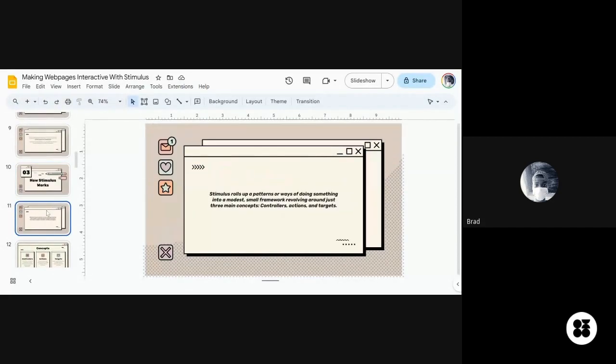So let's see. Stimulus rolls up a pattern or ways of doing something in a modest way. When I was saying something about Stimulus, I said it does not constrain you to certain patterns or ways. I will explain, so that you guys don't think this statement is contradictory to what I've been saying. Stimulus rolls up a pattern or way of doing something into a modest, small framework revolving around